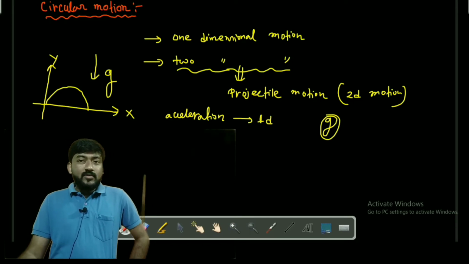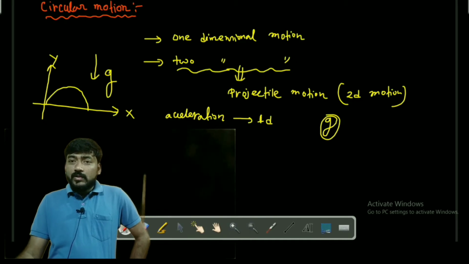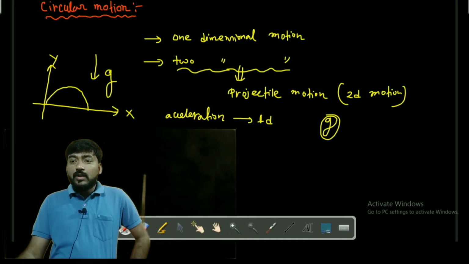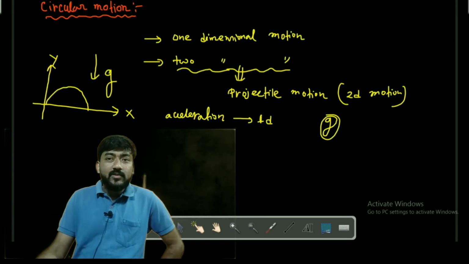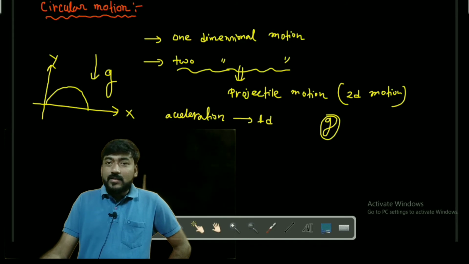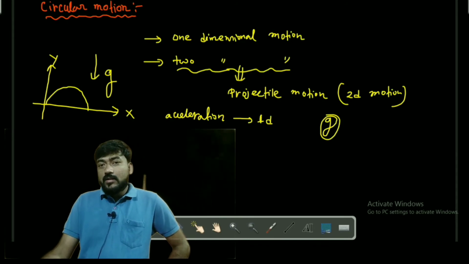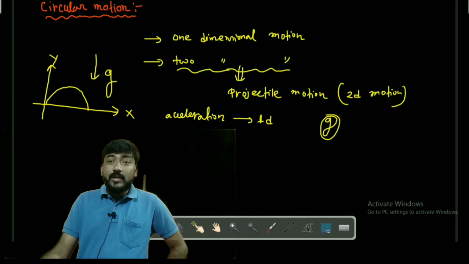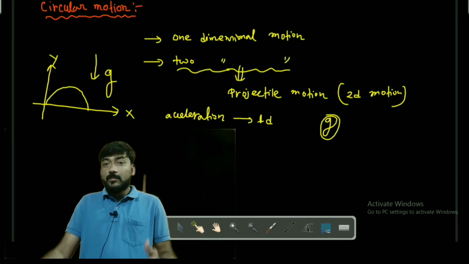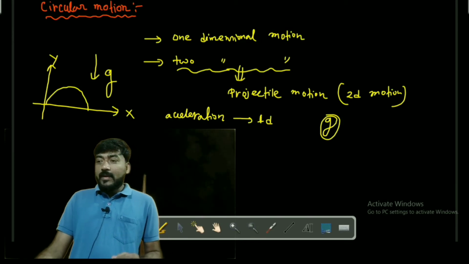And for any kind of motion, what is our goal? Why do we want to study any kind of motion? To study the state of the particle. We want to study what is the initial state of the particle and what will be the state of the particle after some later time t. So in mechanics always,